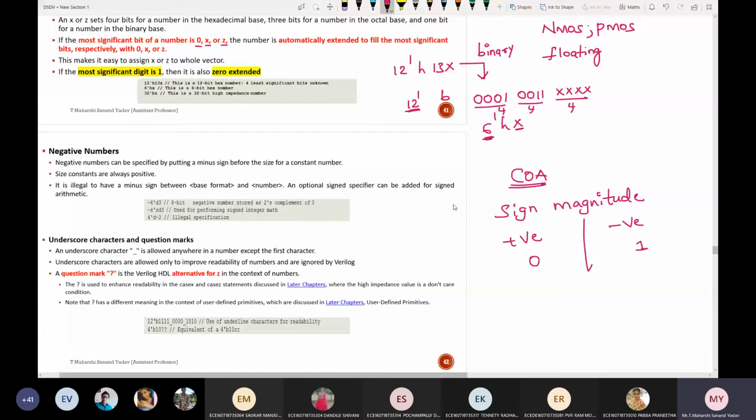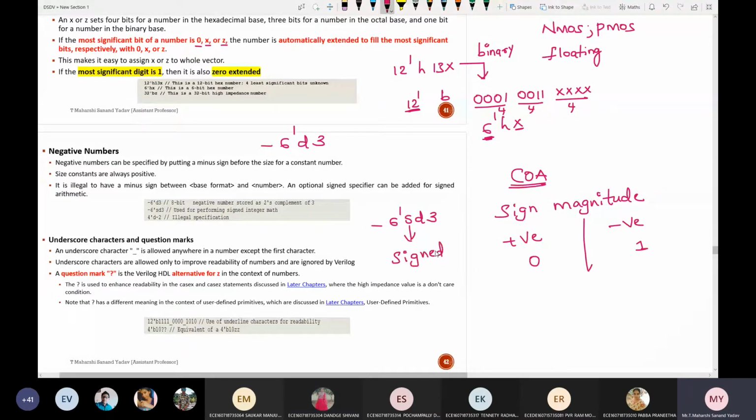But see here how we have to represent. It is minus 6 tick D3. You should not write it here, it is a wrong syntax. You need to mention it near the size. So minus 6 tick D3 is the format. Then what about this one? Minus 6 tick as D3. What is this 'as'? Signed. Yes, it is signed.